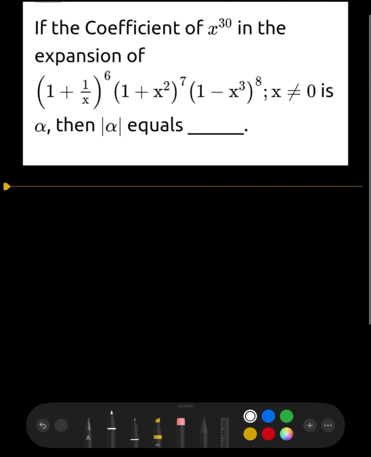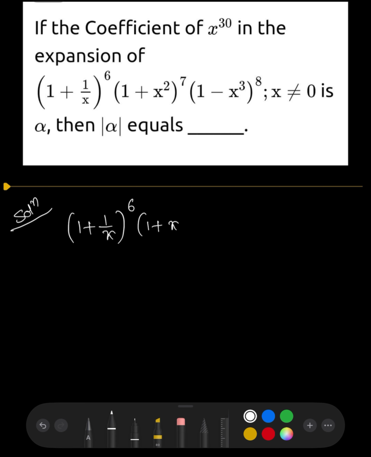Hi students, today we will discuss a problem on the binomial theorem. If the coefficient of x power 30 in the expansion of (1 + 1/x) whole power 6 into (1 + x²) whole power 7 into (1 − x³) whole power 8 is alpha, then modulus of alpha is equal to. Now coming to the question,